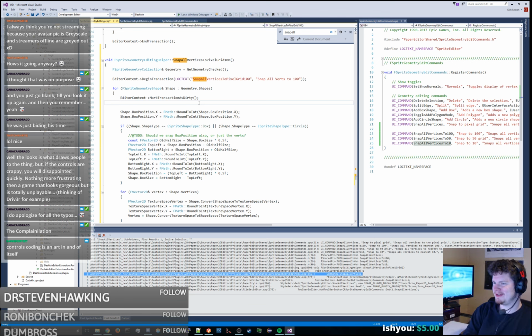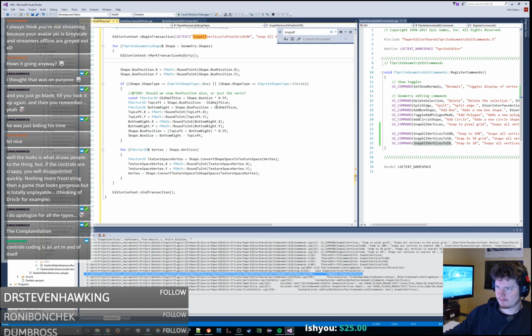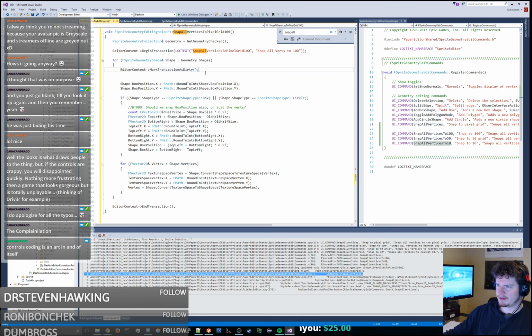Controls coding is, yeah. Well, there's a lot of UI frameworks out there in the world, and Slate is definitely one where you have to do a lot of work to get anything done. It's like, I just want a button. Oh, okay, well, you got to add these like 4 or 5 different things, and then this has to work over here, and you're like,